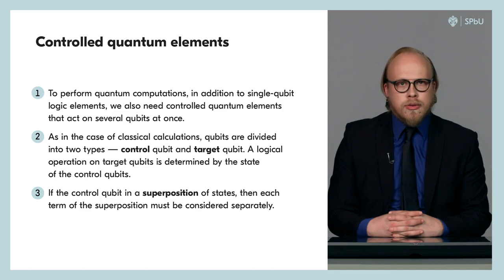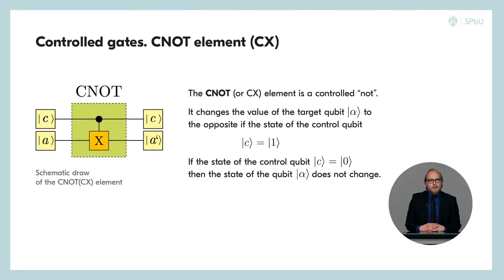So, each control qubit is in a certain quantum mechanical state. For example, when each control qubit is in the state 1, the logic element acts on the target qubit. If at least one of the control qubits is in the 0 state, then the target qubit remains unchanged. Note that there are exceptions to this rule, and in some cases, control qubits have to be in the 0 state for proceeding with the transformations. As an example, let us consider the simplest and the most common logical element, the CNOT,